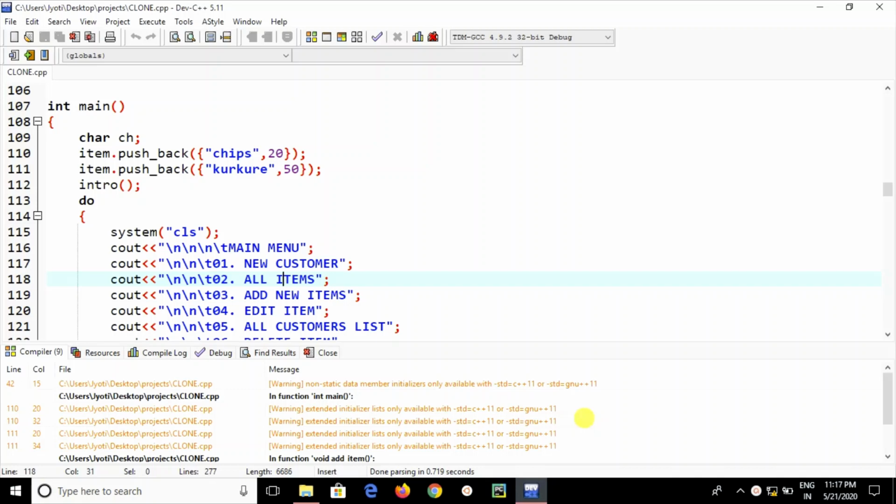Hello everyone, this is Jyoti, and in this session we will discuss a project named Canteen Management System. Here in this video we are focusing on STL functions which are used in our project. So guys, as usual in our project we use header files. Here we are using some standard header files in C++ to define some functions and macros.